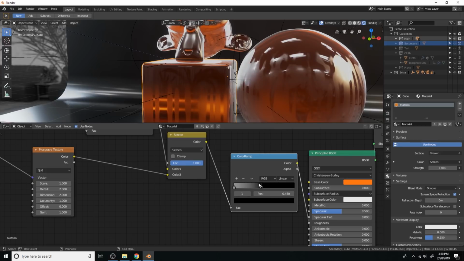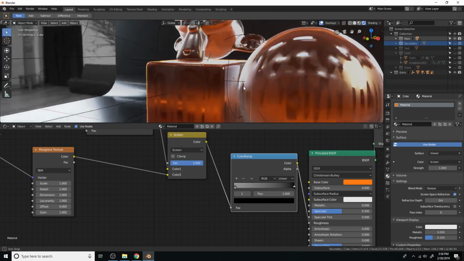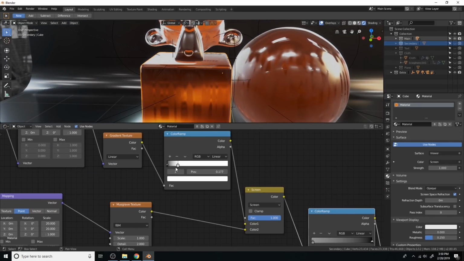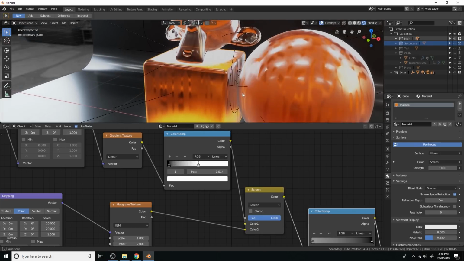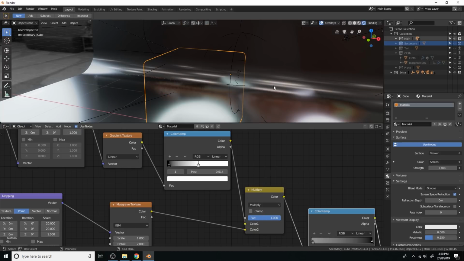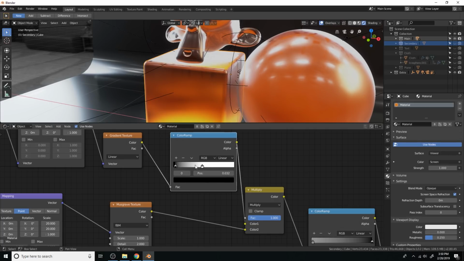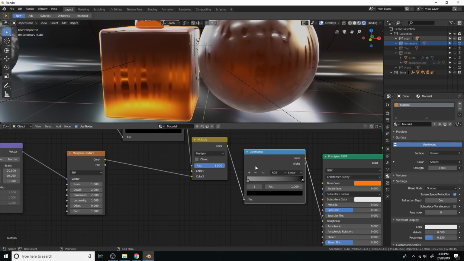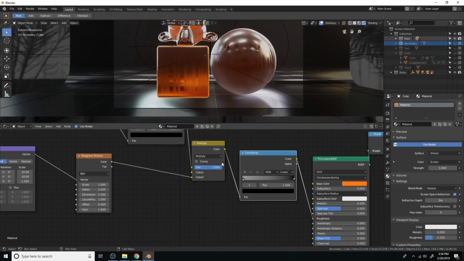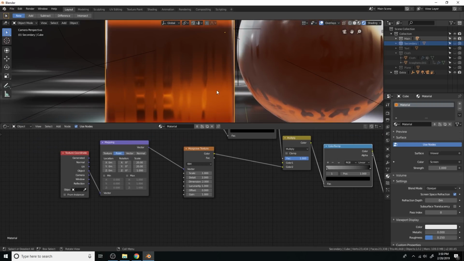Oh, we actually have to multiply, actually. I think I made a mess up here. Let me fix it. Yeah, we want multiply because it actually inverts the roughness here with this color ramp. Hope that makes sense. Anyways, we're gonna add a splatting effect to this